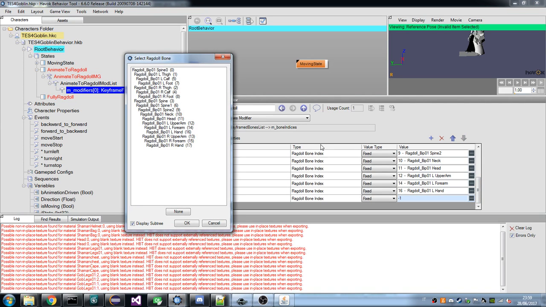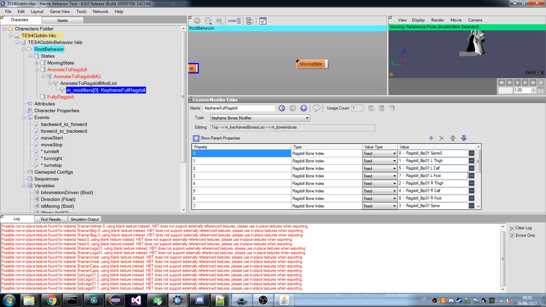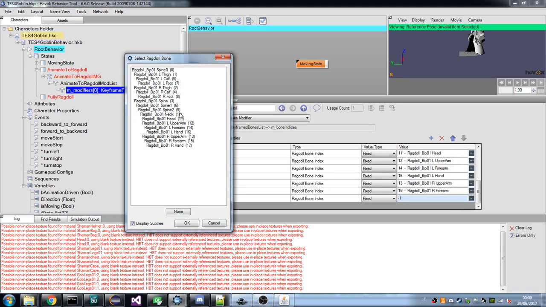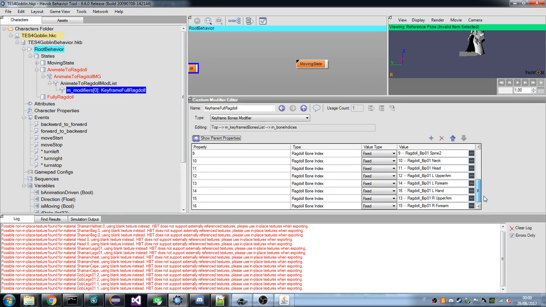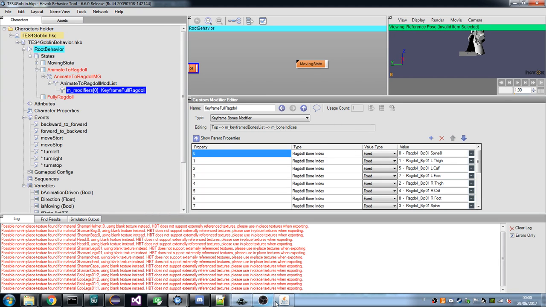Now the Havok behavior tool is not part of the creation kit, it was freely distributed by Havok before Havok was bought by Microsoft. So if you didn't download it at the time, as I did, I think it was 2013, now you're screwed. Okay, this is it. So we have our modifier,